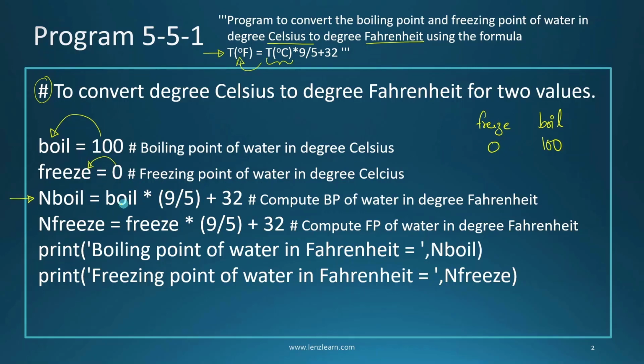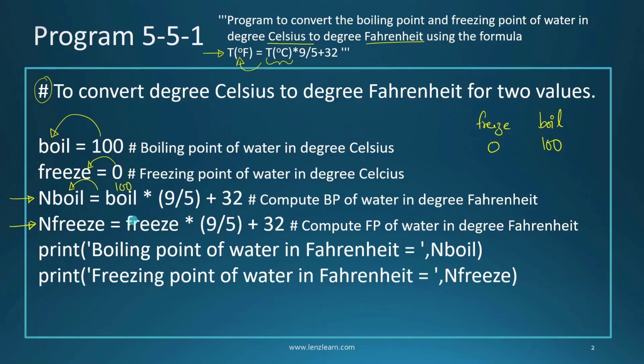In the next statement, we are trying to convert the boil temperature in degrees Celsius to the corresponding temperature in Fahrenheit, using the same formula. The value of boil is 100, so 100 into 9 divided by 5 plus 32. Whatever that value is, we will understand when we run the program. That value will be stored in nboil. So nboil has the Fahrenheit temperature equal to the boiling point, which is 100 degrees Celsius. Now in the next statement, you can see we are using the same formula, but this time we